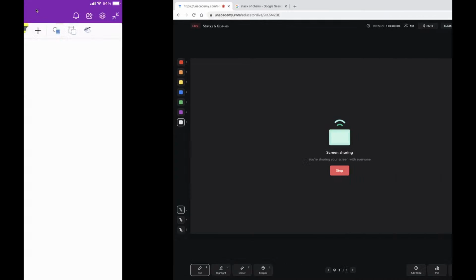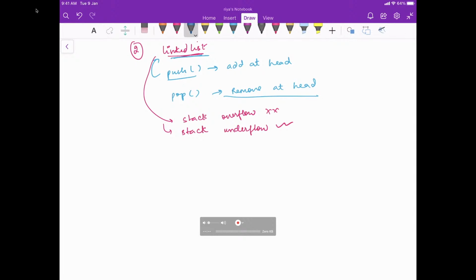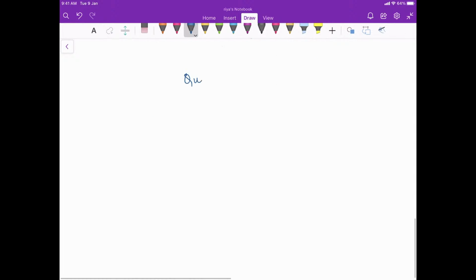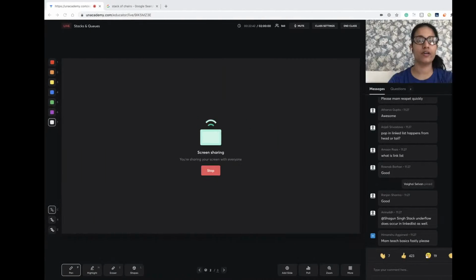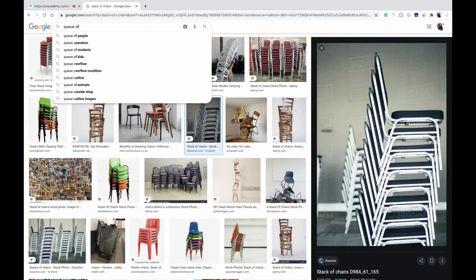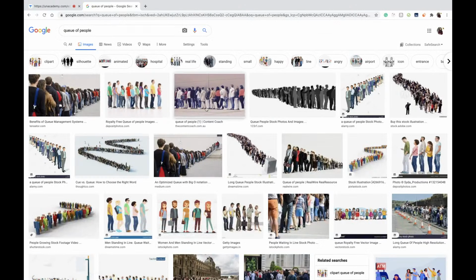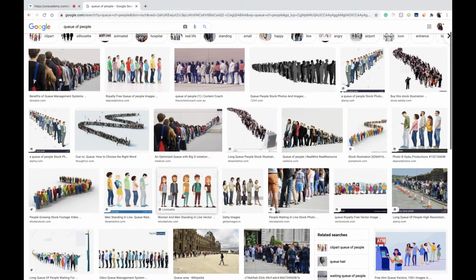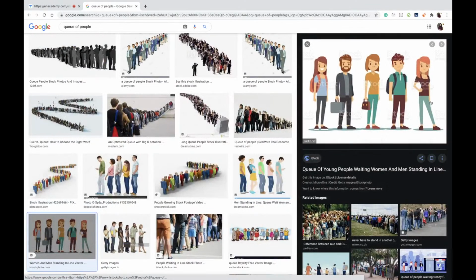All right. Let's quickly discuss the new data structure, which is queues. Now what exactly is a queue? Try to visualize a queue also in terms of a real life scenario. There is a queue of people.